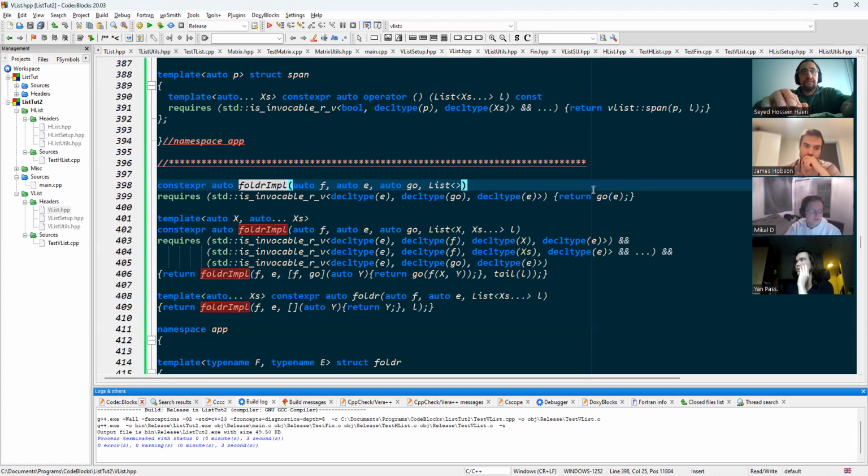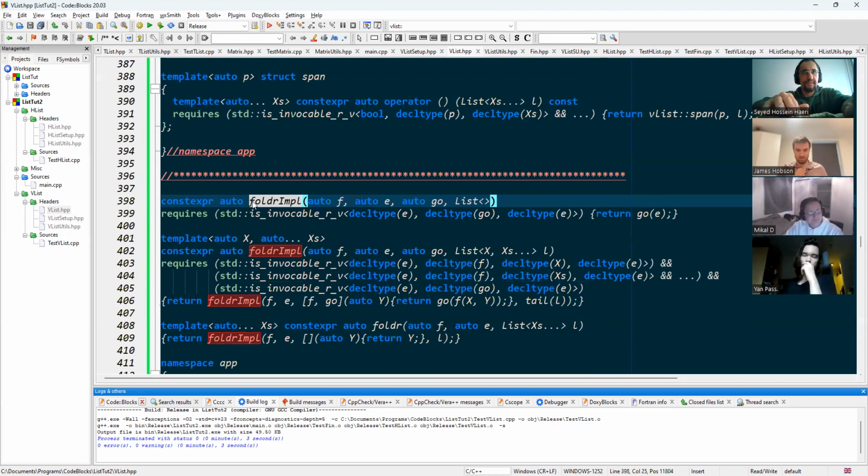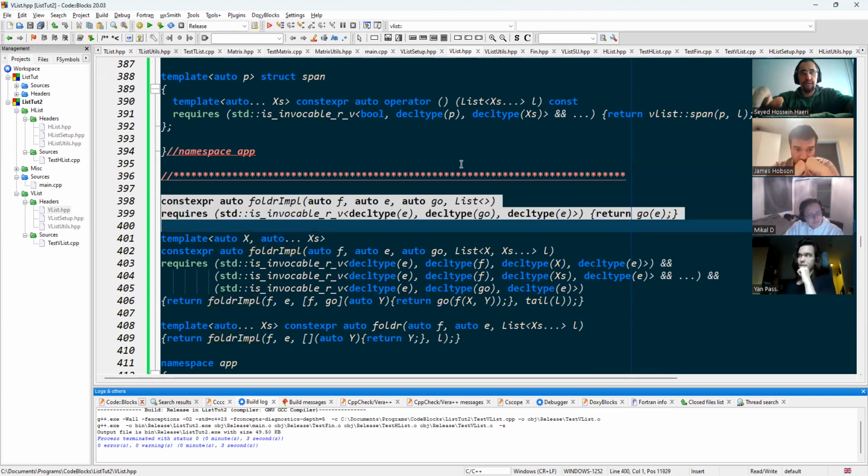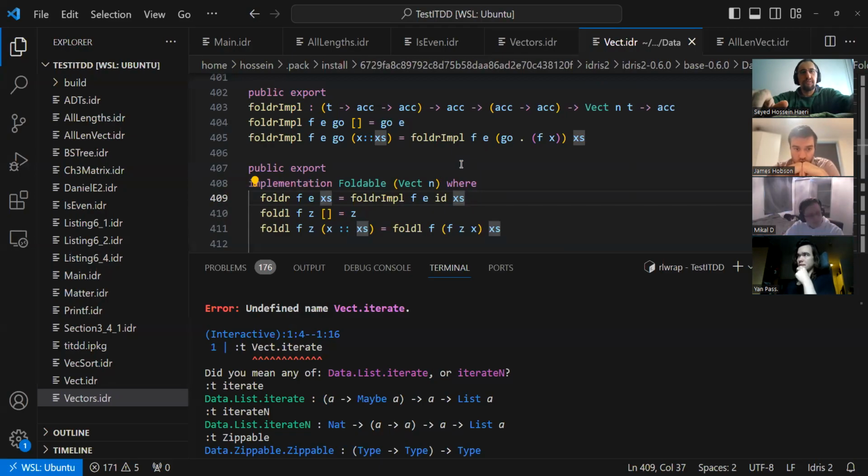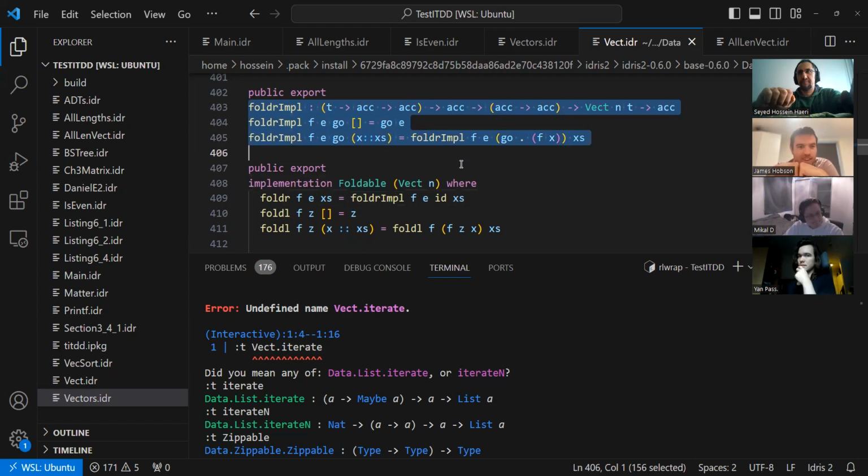So the first thing to notice is the excess of syntactic noise, right? You see this entire block. See that this block of massive code is the equivalent of these, right? So my apologies for